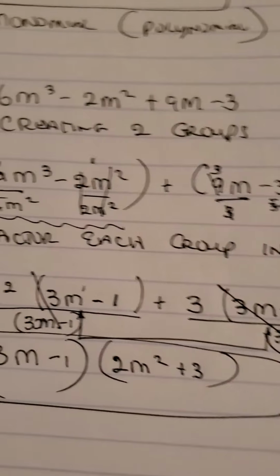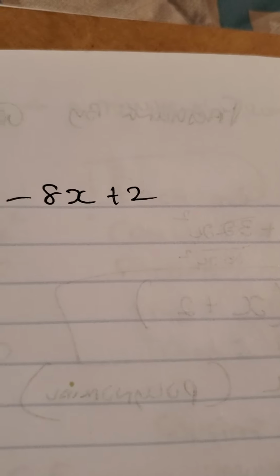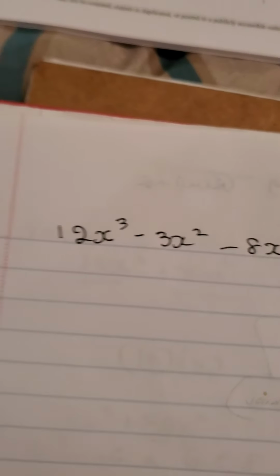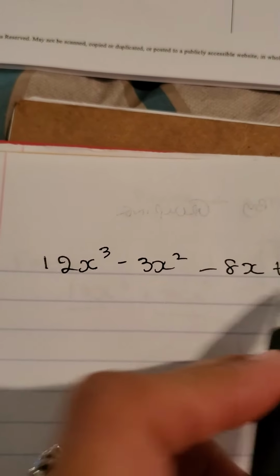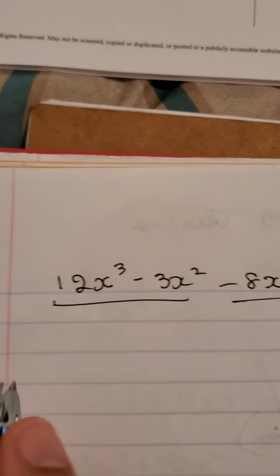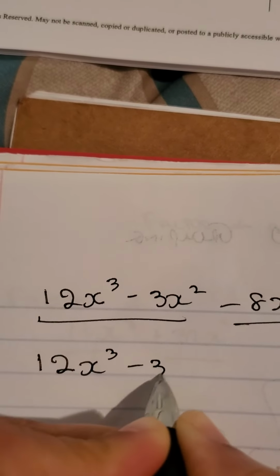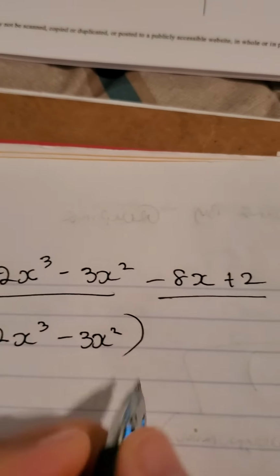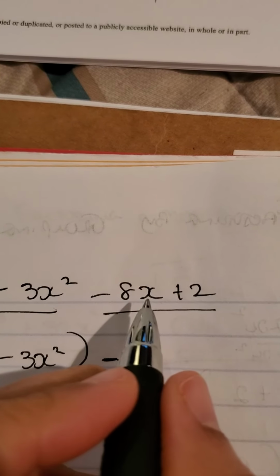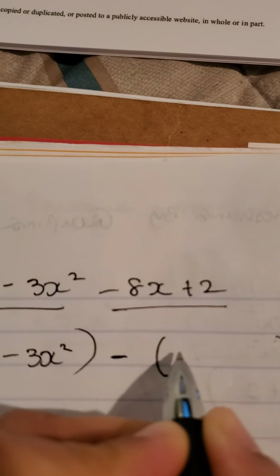Here we go. Good. So here we have another example of a 4-term expression. And remember, when we have 4-term expressions to factor, we factor by grouping. So the first thing I'm going to do is create my 2 groups, using my first 2 terms and then my last 2 terms. So this is actually 12x cubed minus 3x squared minus, I'm going to take the sign of the third term, right? And I'm going to group my